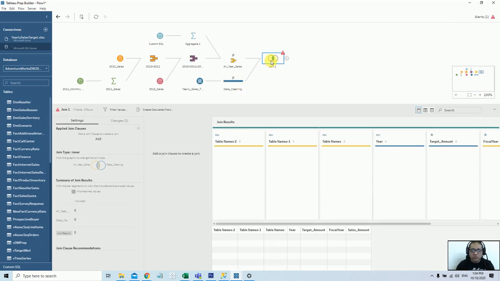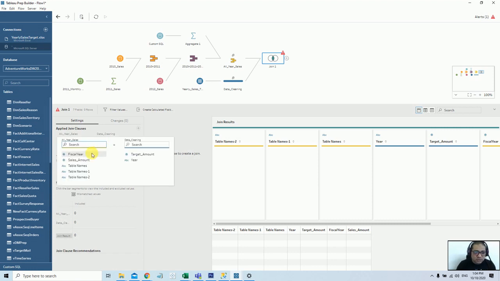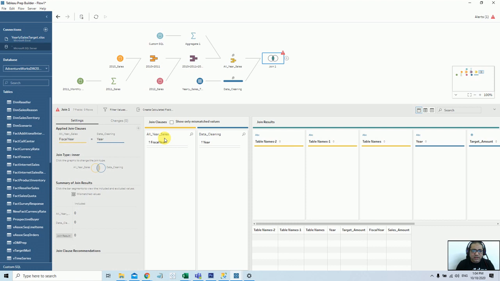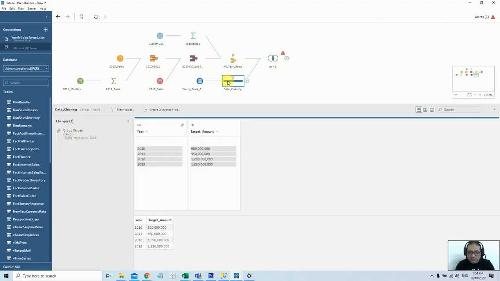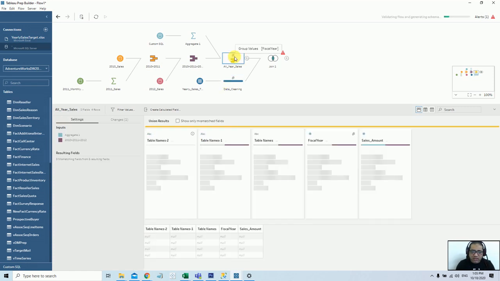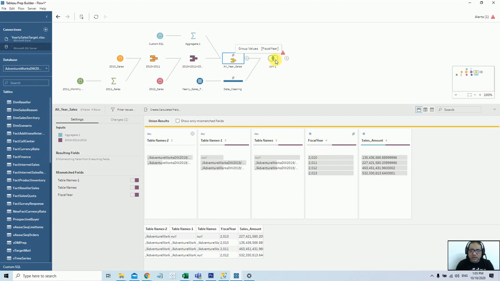So as soon as you leave it onto the join, you have this join condition here, but this join condition needs to be fixed. How can we fix this? If you see, it asks you to provide the join values. Here we can add the physical year and the year here. But if you see, this physical year is a number, and in here it's a string value. ABC belongs to a string, and here this number belongs to a number, so that's why it populates an error.